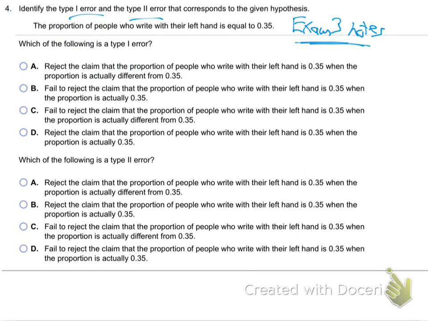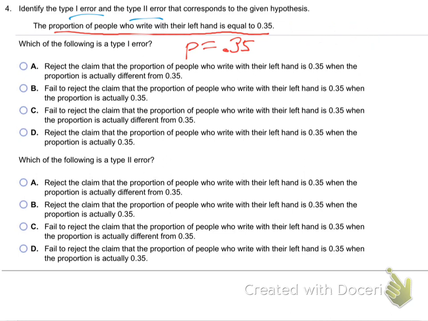So first off, the proportion of people who write with their left hand is equal to 0.35. That's what it's saying. Okay, the proportion of people who write with their left hand is equal to 0.35. So now, if that's the case, if that's the claim,